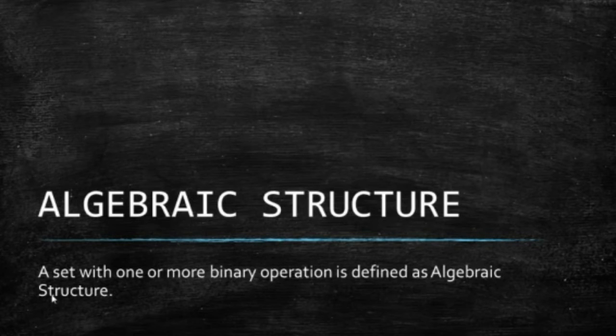I would like to wind up the video by defining an algebraic structure. Basically, an algebraic structure is a set with one or more than one binary operations, right? So the whole drama of considering a set with a binary operation is just to understand the algebraic structures, and the groups that we have to study fall in the category of an algebraic structure. In this video we are going to emphasize on what are algebraic structures, what is basically a group.